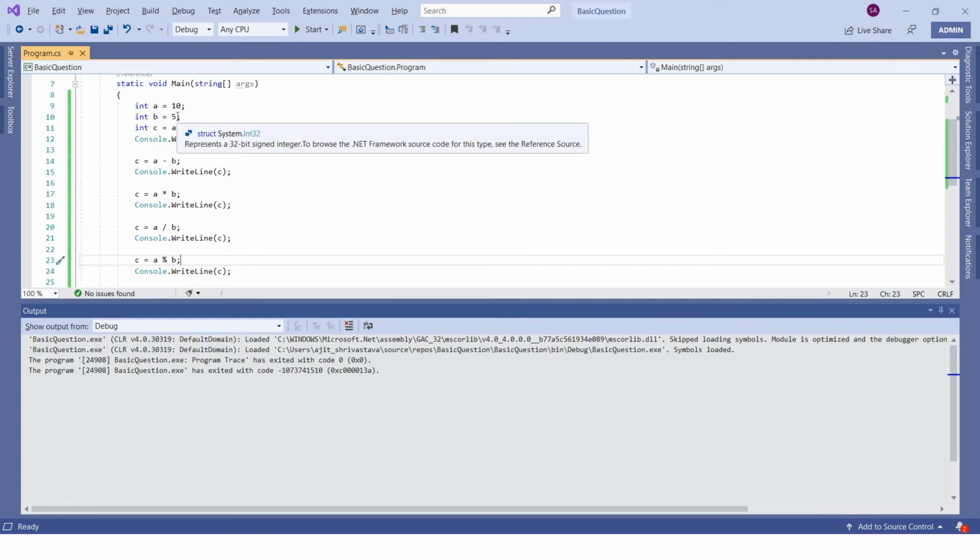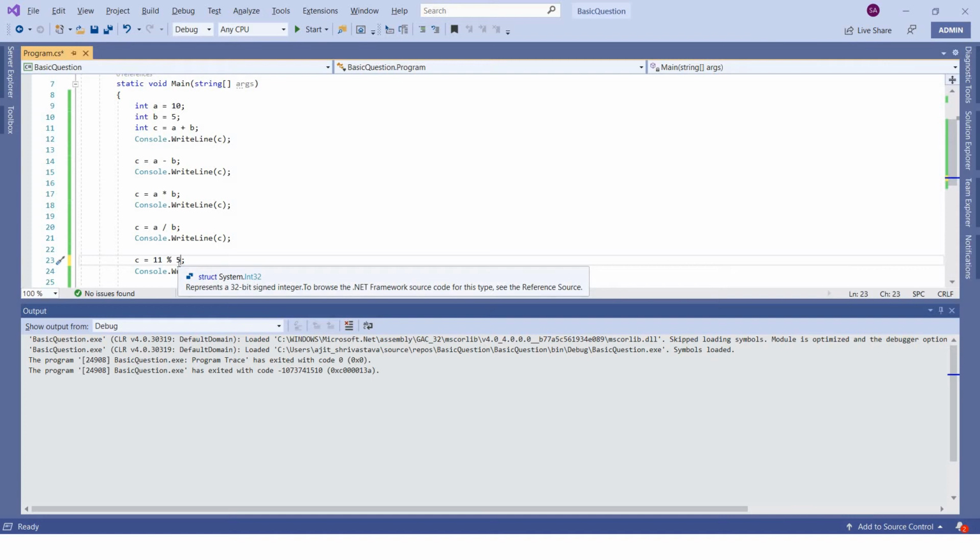Since it is completely divisible by 5, it will give you 0. Let's say I am saying 11 mod 5. Internally it will try to divide as much as it can. So 5 into 2 is 10, it will subtract that 10 from the actual number, 11 minus 10, which is 1.